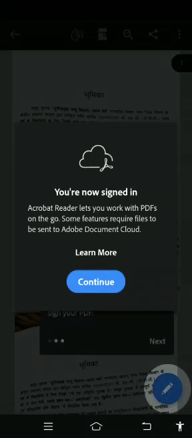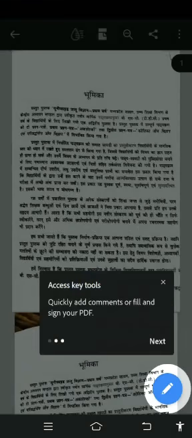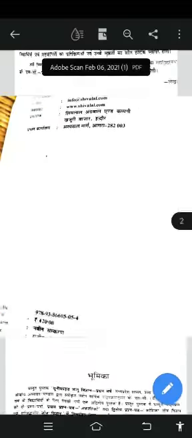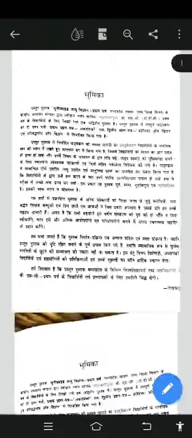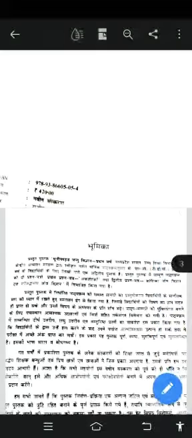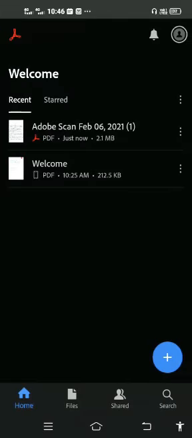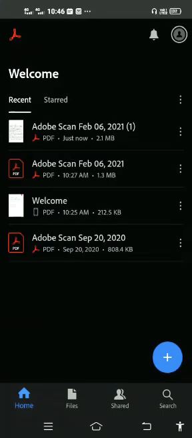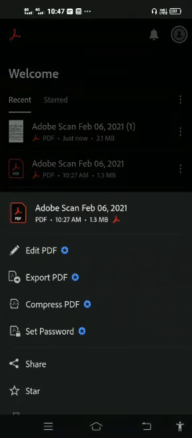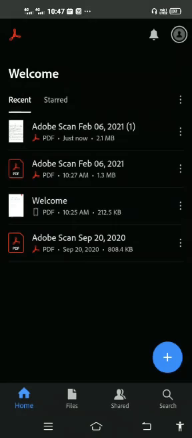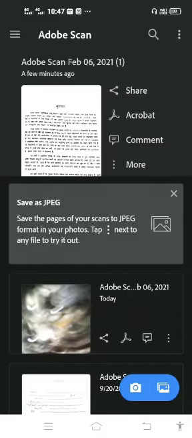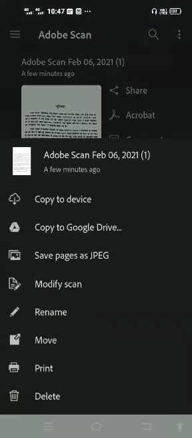Okay, my dear students. So what you need to do is, this is your PDF, which I just need to see if it is created properly or not. So I will be going back, and this is your PDF. My dear students, you just need to download your PDF in your device. So to download your PDF, you just need to first go to the back option and then more option.